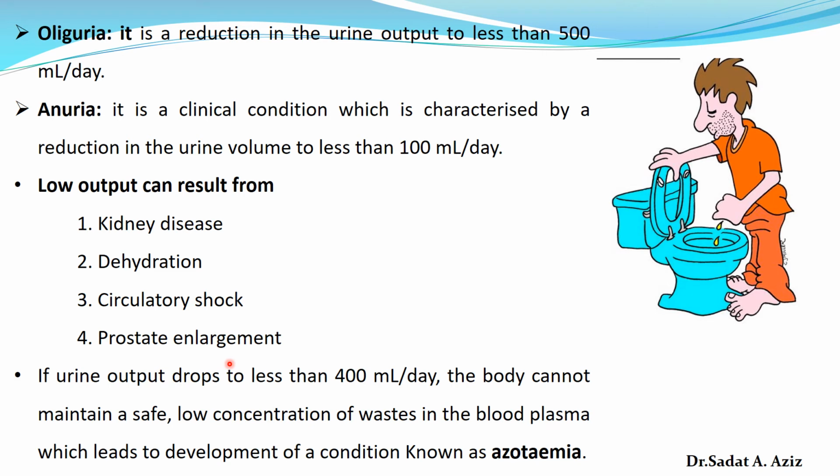The first one is renal disease. So some types of renal disease might reduce the urine output to less than 500 or 100 ml per day. The second factor, which is a physiological factor, is related to dehydration. As you know, dehydration has several causes, such as diarrhea, vomiting, burns,